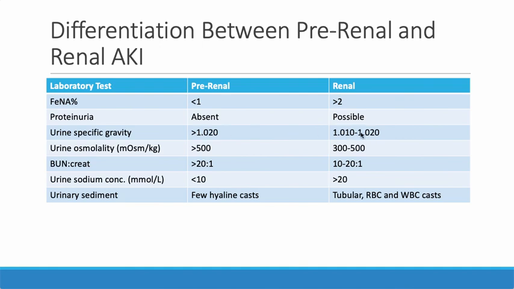But a renal cause means that your urine is dilute. And so this is where you get a lower urine-specific gravity, 1010 to 1020. But when you have prerenal, the urine is normal. It's just deficient, right? There's a lower amount of urine being made, but it is just as potent urine as